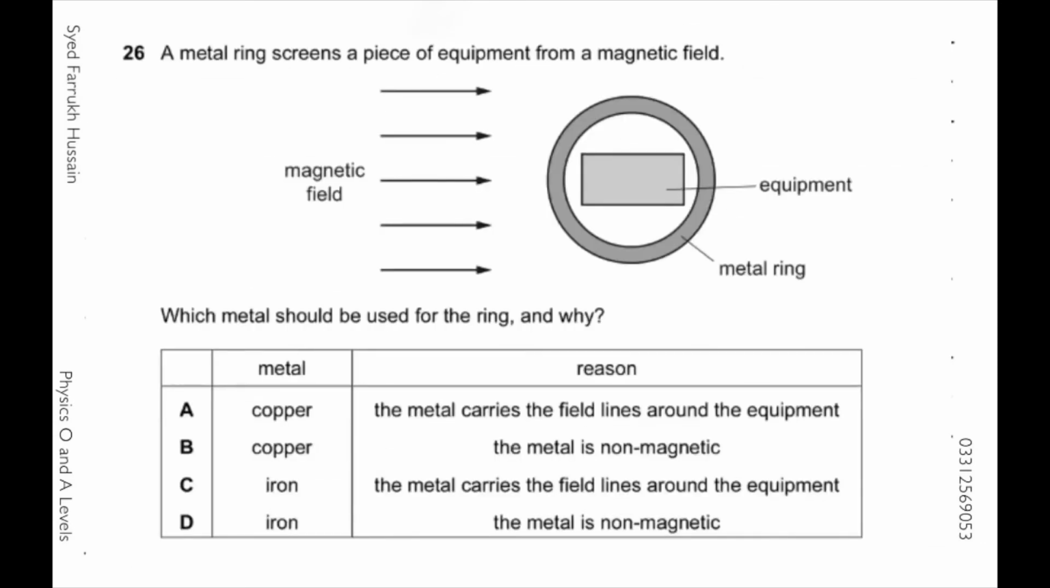Now in question number 26, a metal ring screens a piece of equipment from a magnetic field. These are magnetic field lines, and this is equipment which you have to protect from external magnetic field lines. So the